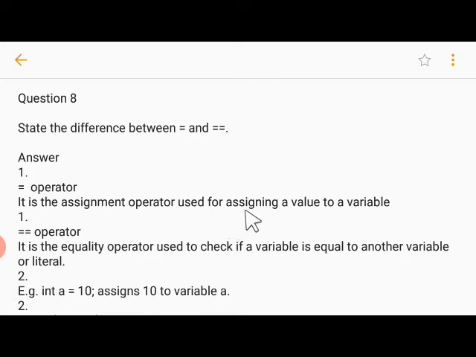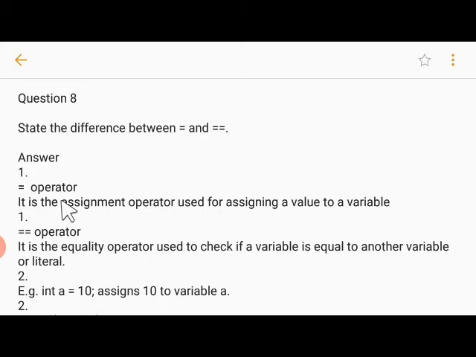So it's very simple. In mathematics also, suppose you write x equal to 5. That means you know that 5 is being given or assigned to x. So the same thing is here. Here x is a variable, in maths also x is a variable. Now we talk about double equal to, and one more thing I want to clarify: if you make x constant, it will become the constant as well. It's not like only x is going to be a constant or a variable, it can be anything.